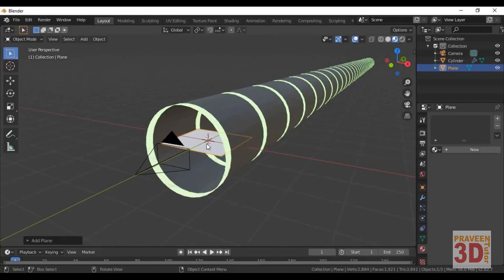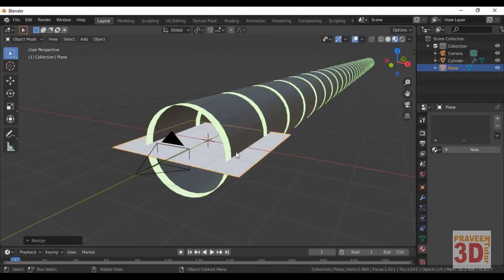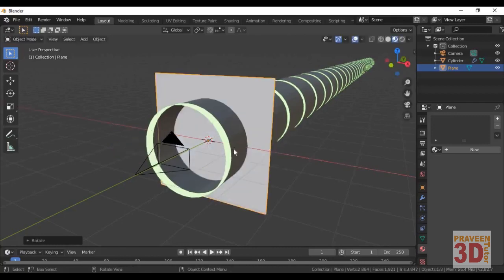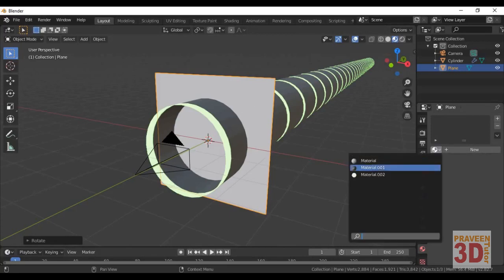So first scale the plane this much, and then R X 90 and press enter. Our plane is empty here, with no material, so I will give it a material. Getting a new material for it is not okay, so go here, we have a material icon, click on it. You can see which materials we used in this project. The second one is the green light one.